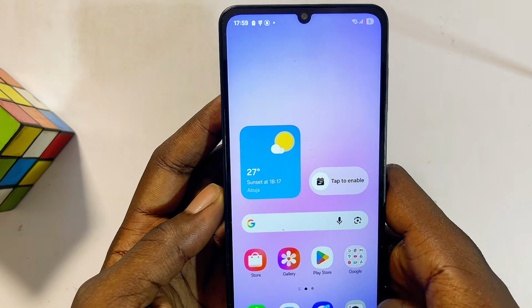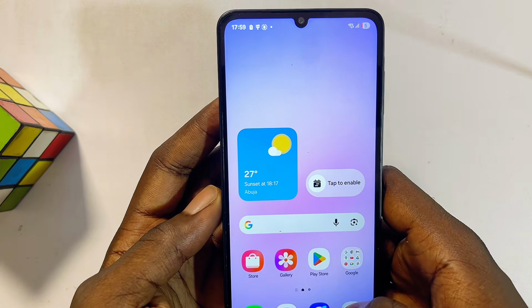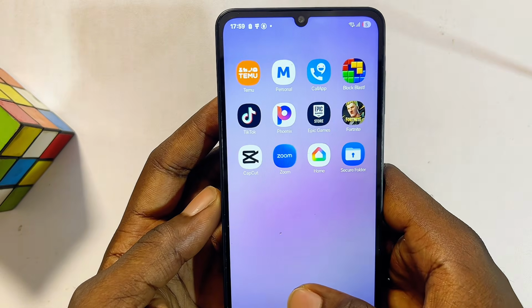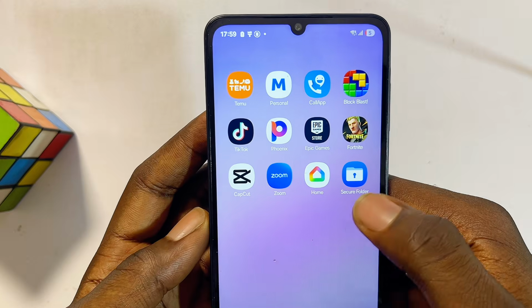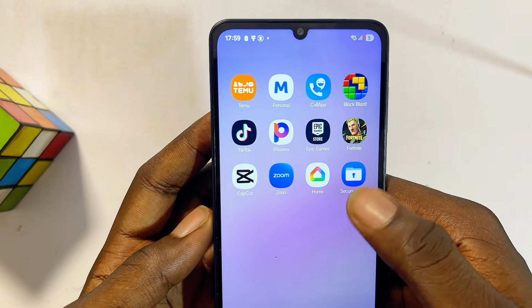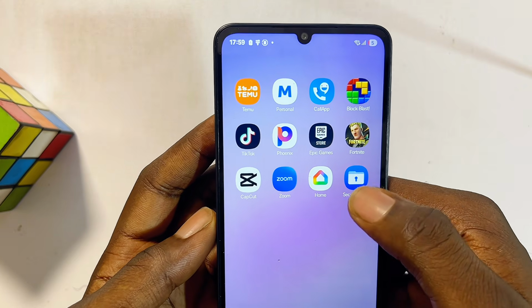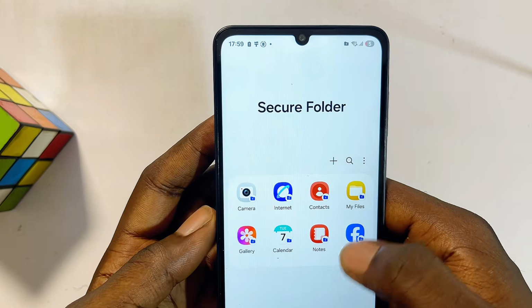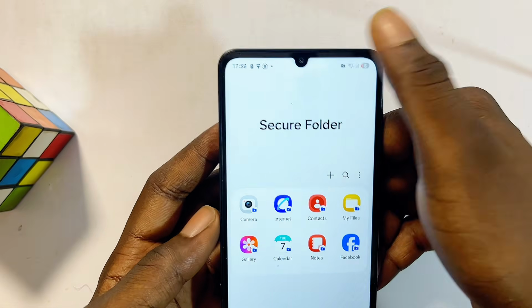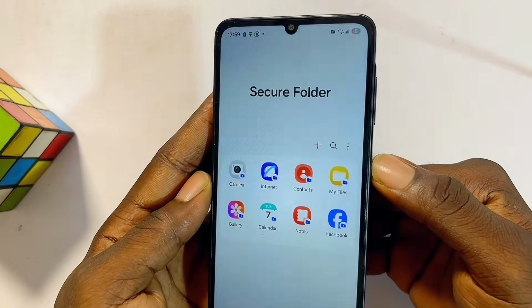Once you've locked your app, you can now come over to the home of your Samsung phone, and then if you go over to the list of apps, you're going to see that we have a secure folder option over here, which will require you to enter your password before you can access these apps. So if I click on it over here, currently it does not lock, particularly because I have not set a timer. But if I just turn off my phone now